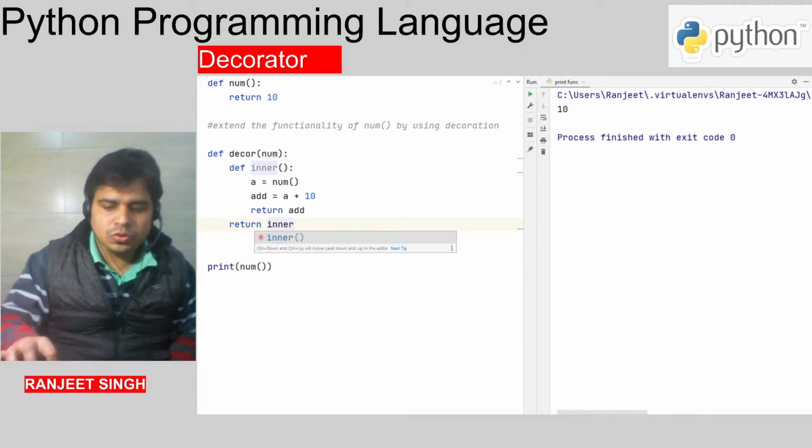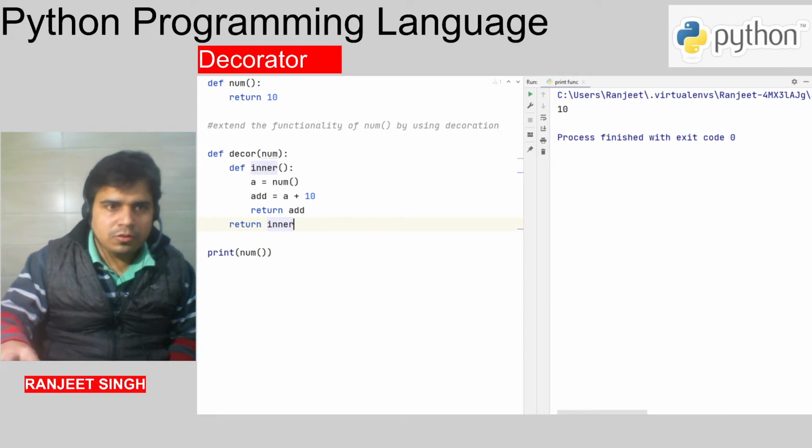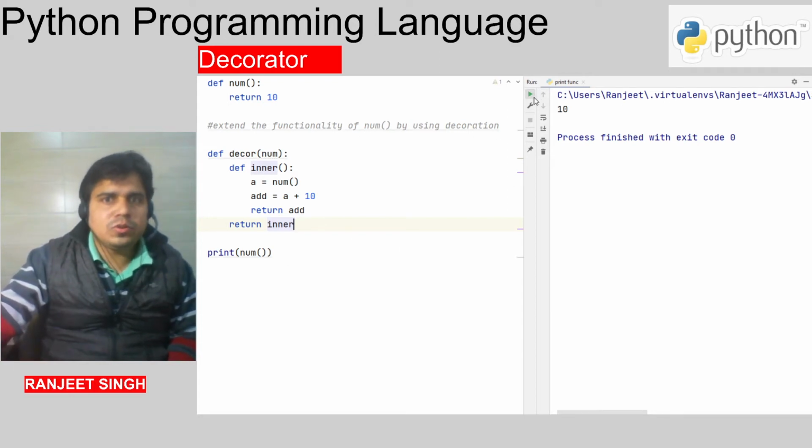Now if we run this, at present what will the result be? Now you can see the result is 10. At present the result is 10, but we want the result to be 20. So how can we do that?